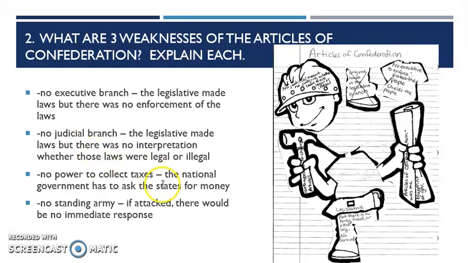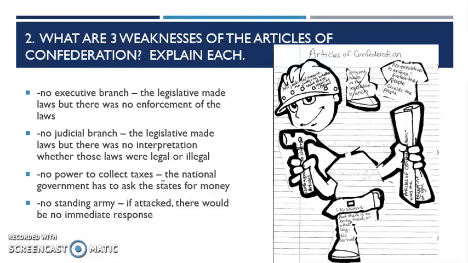They also have no power to collect taxes. So the legislative has to ask for money from the states. And you're not going to get it if you're asking states for more tax money. Because remember, even to this day, you pay a federal tax and you also pay a state tax. If you didn't have to pay federal tax, then the state could charge you more. So states aren't going to take a hit. They're not going to take a cutback if they don't have to. So they ask all the time for money, but they never get it.